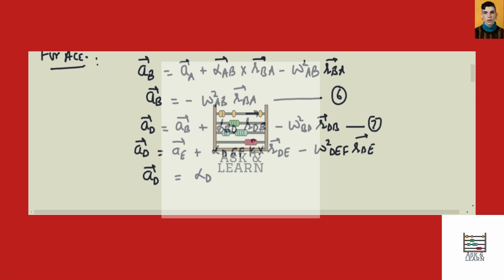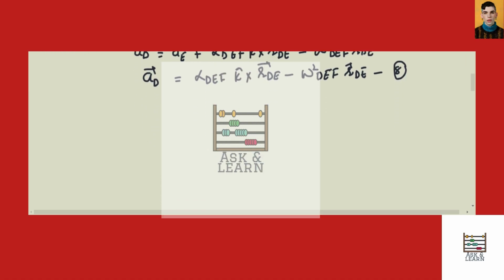So it is alpha DEF k cross r_DE vector minus omega square DEF r_DE vector. By solving 6 and 7, we can write